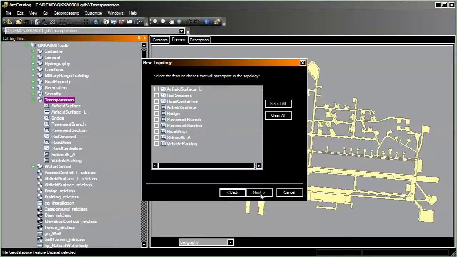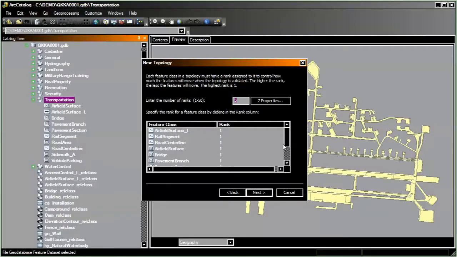Going to hit next, and you're going to do a simple select all. What that does is select all the features within my current feature data set. All of these will be compared. Next. The topology ranking we're not going to worry about at this time, assuming that we're going back to Esri defaults. The Esri default for tolerance is 1/1000th of a meter, so there's really no reason to rank your feature